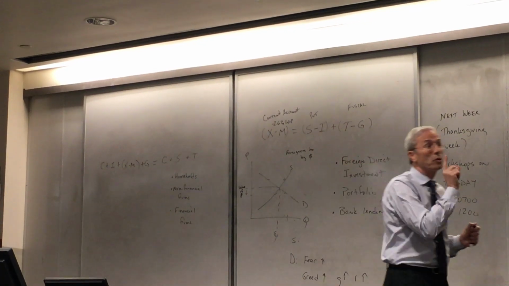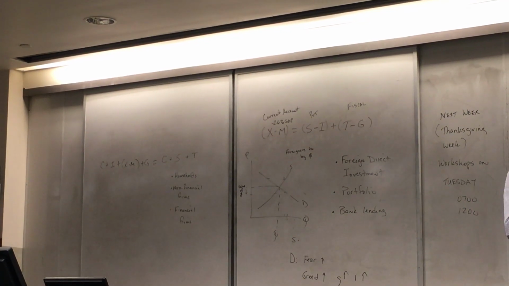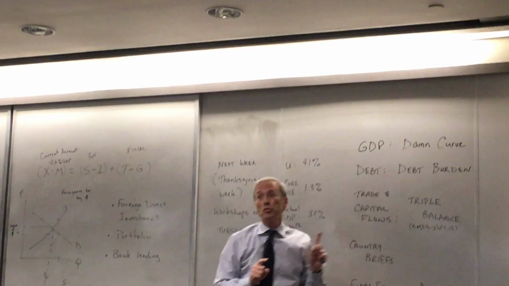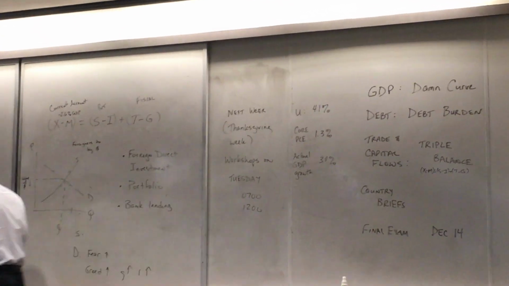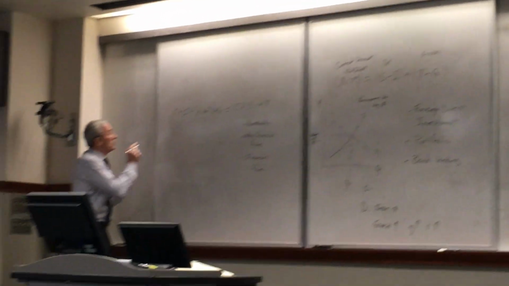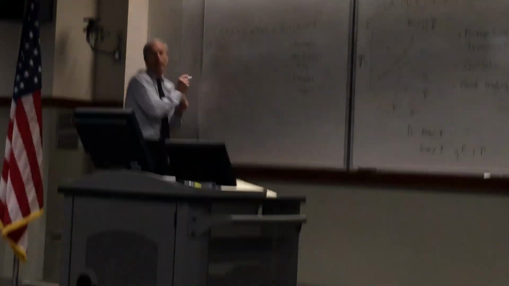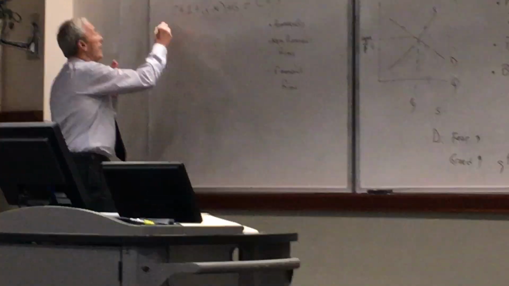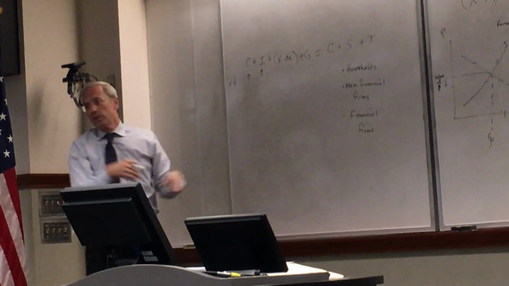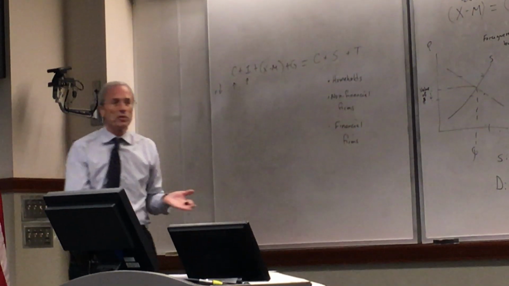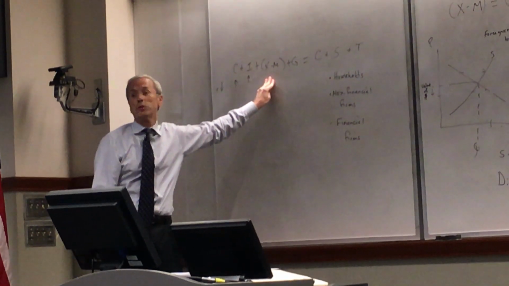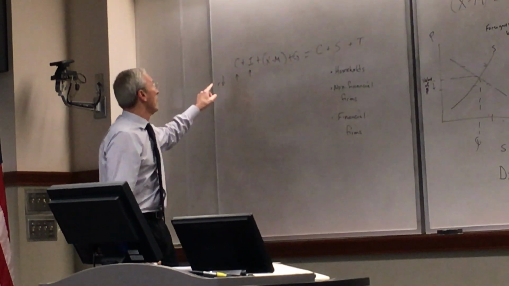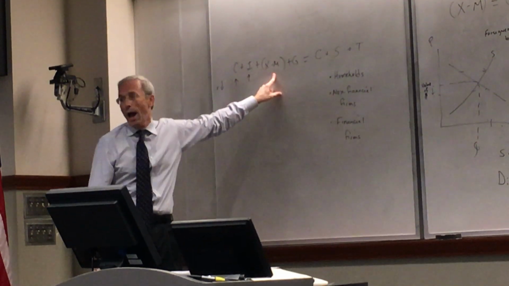So just before we do the triple balance, now we can finally complete the GDP story. Remember we said, say for example, we were going to do interest rates down as monetary policy. And we said, okay, that makes consumption go up, right? Because people borrow money and they spend it, and investment goes up because they see that coming up, right? Because they see the consumption. And we said, we'll do this later. We're doing it now. If the interest rate goes down, what happens here?